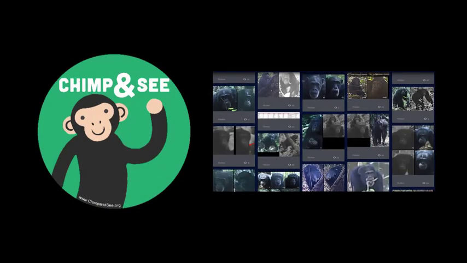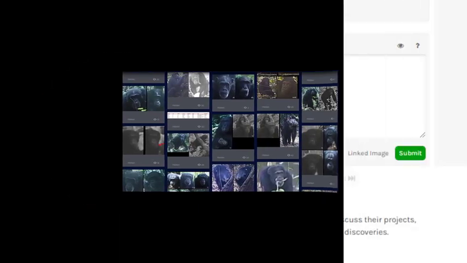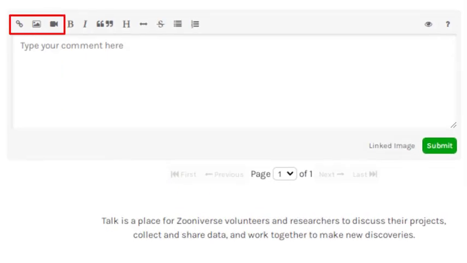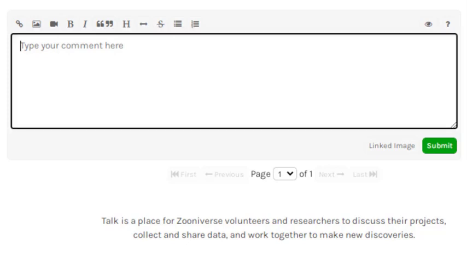Now let's have a look at the second way you can add media to your discussion. You'll use this method when you want to add pictures of your own or from a source other than chimpanzee. At the top left side of the talk message, you'll see three buttons: Link, Image, and Video. Each button gives you the opportunity to enter a URL to a site outside of chimpanzee that provides image sharing services. For example, you can use the Video button to link to a YouTube video.